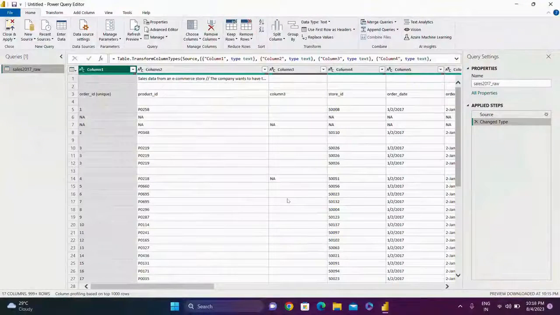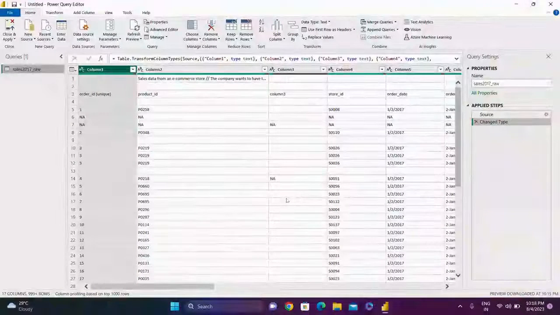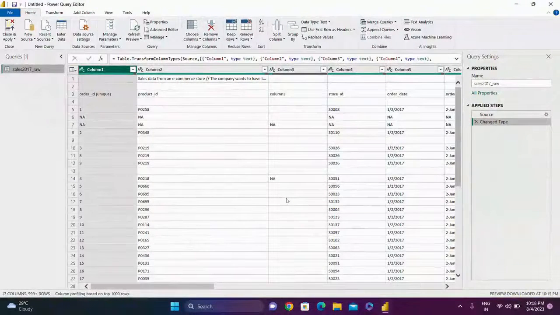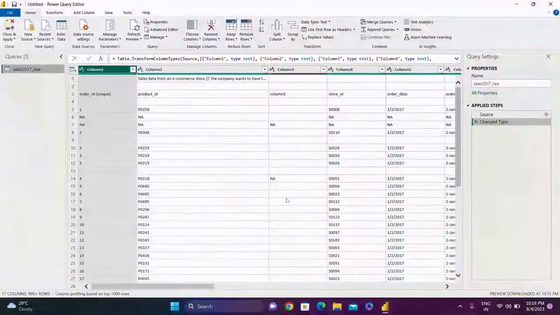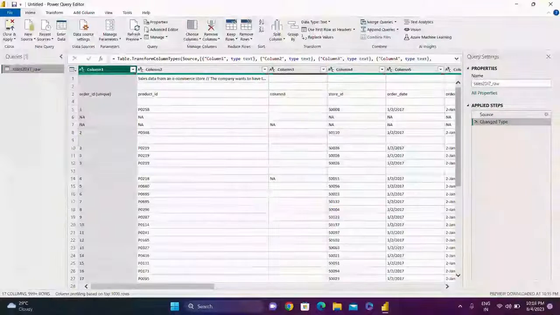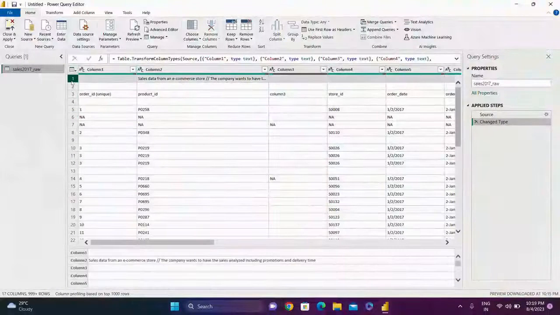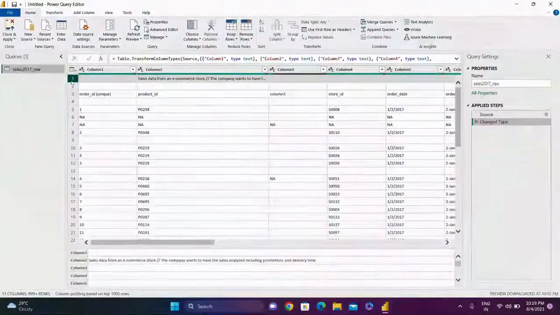So the first thing that we are going to do in this section will be removing the unwanted rows. Sometimes we have extra stuff in our data. We will perform some magic to remove any unnecessary part, leaving only what we need for better insight. So, first of all, we can see that row 1 and row 2 are actually not showing any record to us. So it means it is something which is not really needed. So we need to remove this.